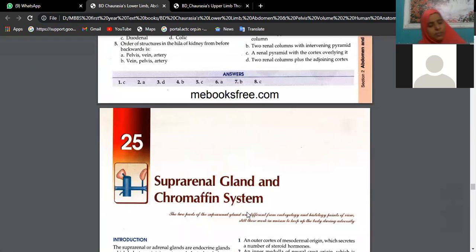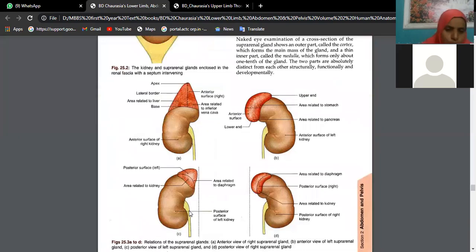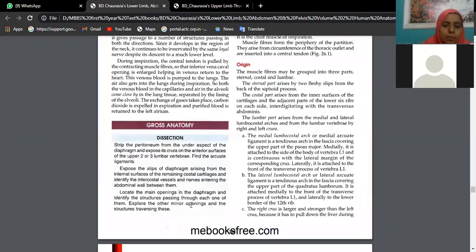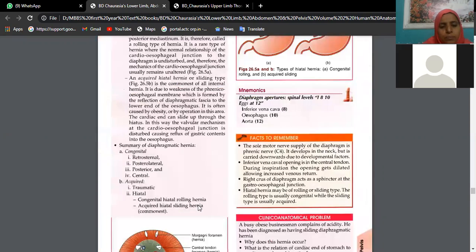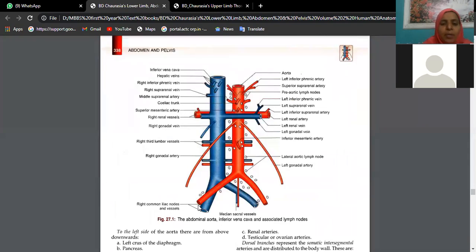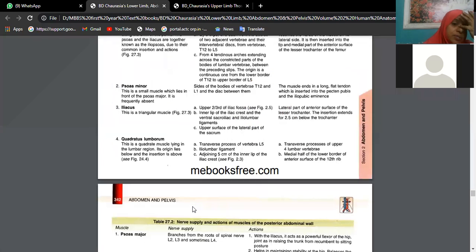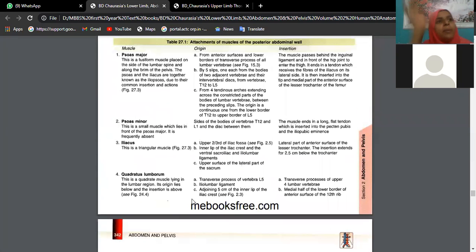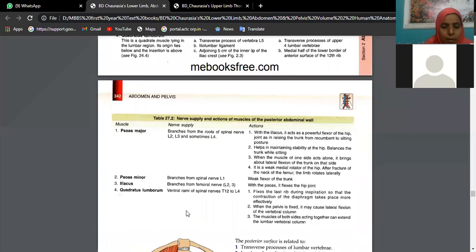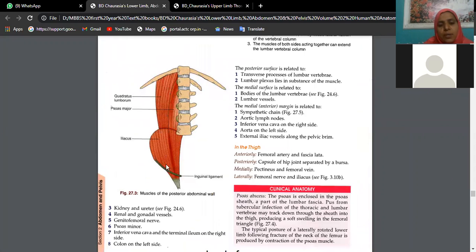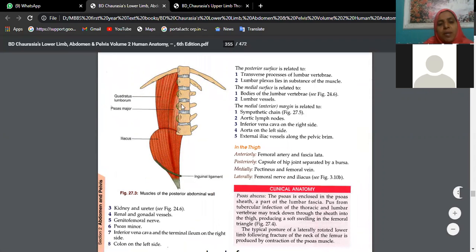Then what is the next question he gave us? Psoas major. Where do we find psoas major? The posterior abdominal wall. See, so much in order this person has taken the questions. Posterior abdominal wall, beta. If you remember the relations of the kidney, the bed of the kidney, the posterior relations of the kidney lie on muscles. This is psoas major, that is in the posterior abdominal wall.